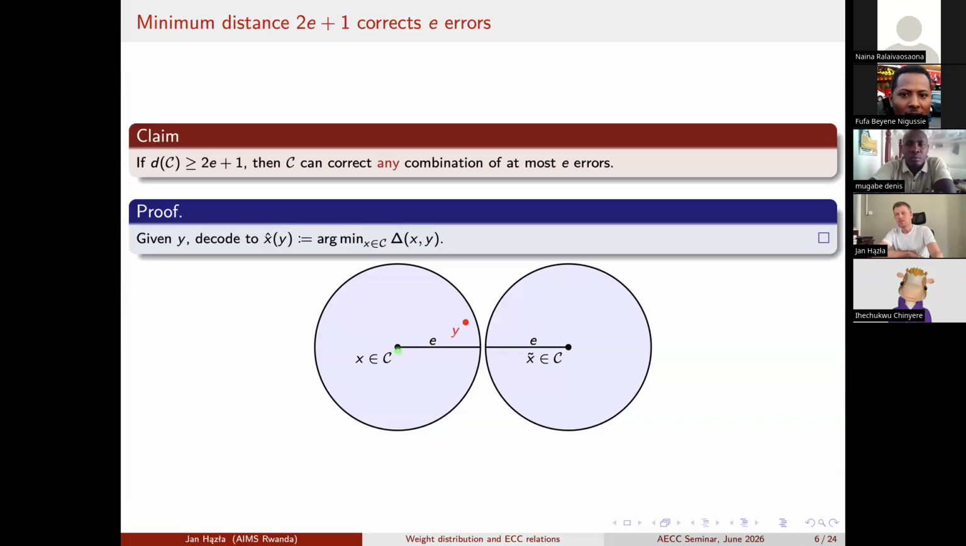You start with some x, and then it gets distorted to some new vector y. As long as this y is at distance at most e from the original code word x, and the distance of the code is more than 2e plus 1, then for any other code word x tilde, the Hamming ball of radius e around x tilde and the Hamming ball around x are going to be disjoint. Because they are disjoint, when I come back from y to the closest code word in the Hamming distance, I am going to go back to the original x,